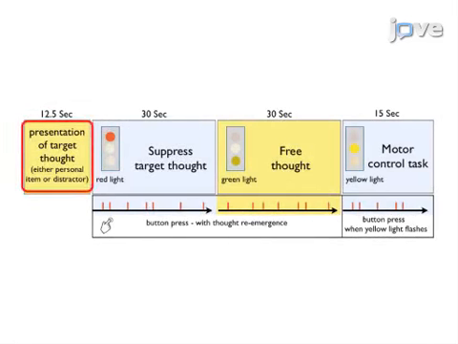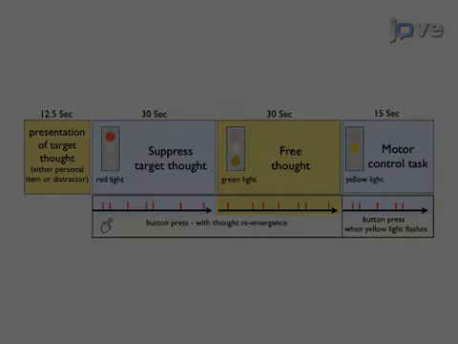The first block is a target statement period and should present either a subject-specific statement or distractor text for 12.5 seconds, alongside a keyword. The 3 blocks following the text should then display a